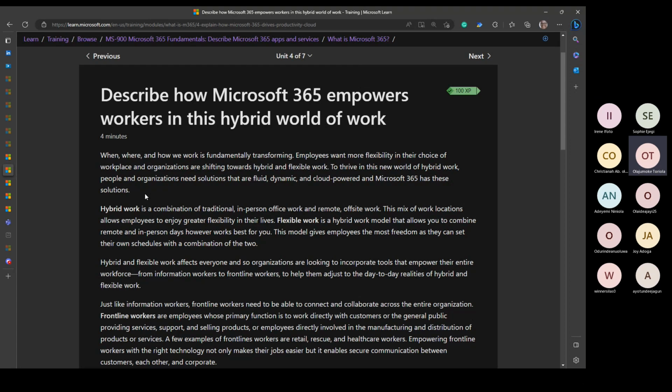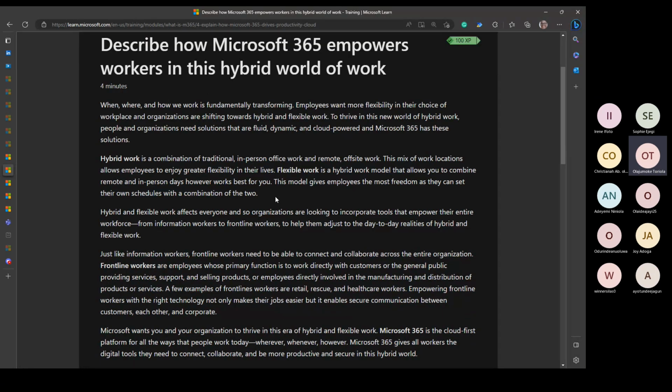So when, where, and how we work is, we all know, fundamentally transforming. Employees want more flexibility in their choice of workplace, and organizations are shifting towards hybrid and flexible modes. This is in a bid to thrive in this new world of hybrid work. So people and organizations need solutions that are fluid, dynamic, and cloud-powered, and Microsoft 365 is the